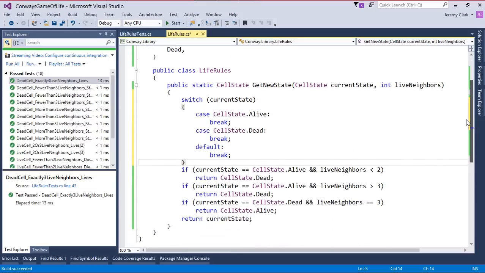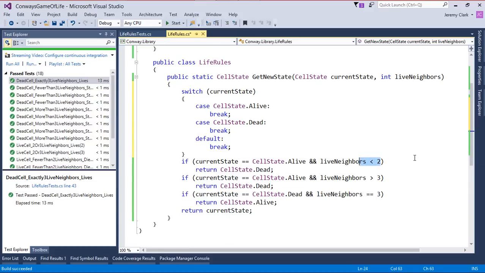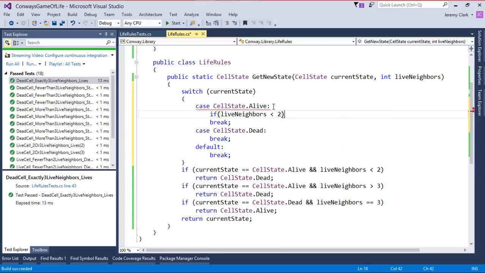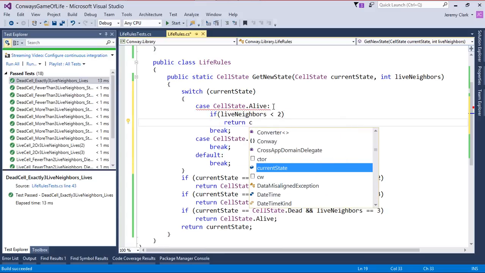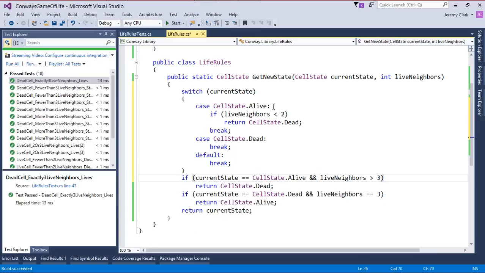So let's go ahead and just move this code up into the switch statement. So our first condition is alive and live neighbors less than 2. So we'll go ahead and say if live neighbors is less than 2, return cellState.dead. And that takes care of this code here. Now if our live neighbors is greater than 3, our result is also dead. So I can go ahead and put in an OR conditional here and say if it's greater than 3,